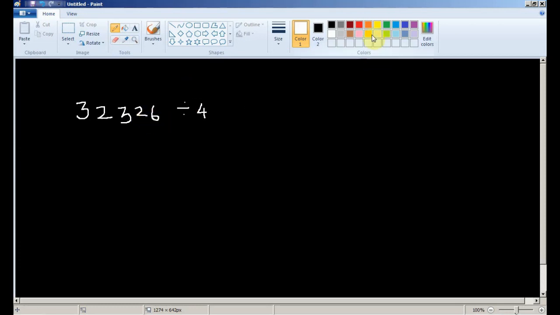So I pick up the last two digits, the last two numbers, which is 26, and I want to see if this is divisible by 4 or not.